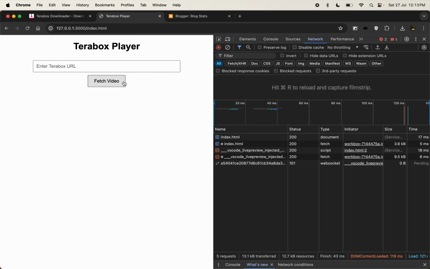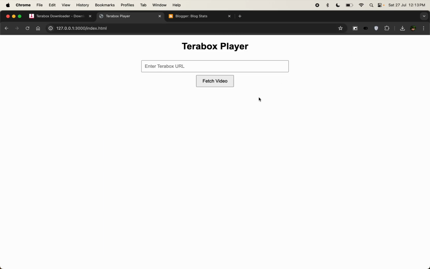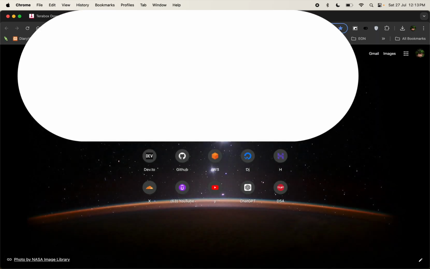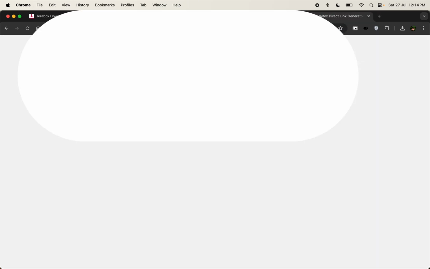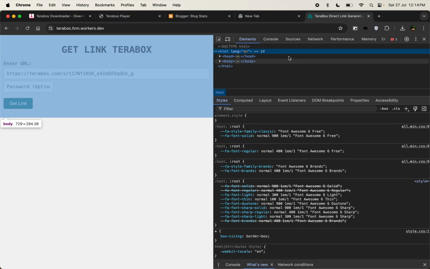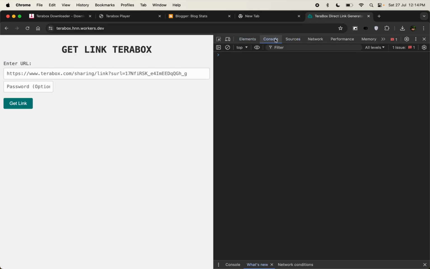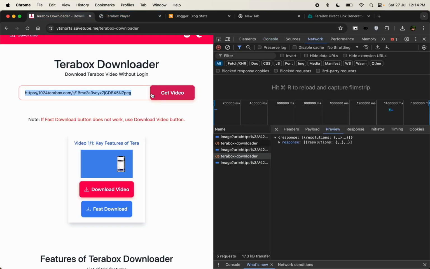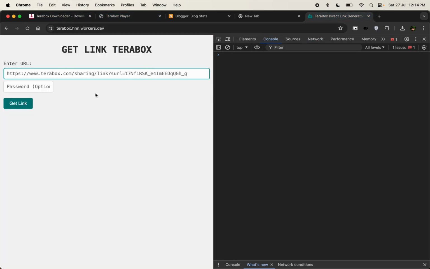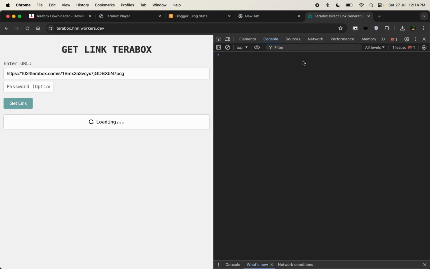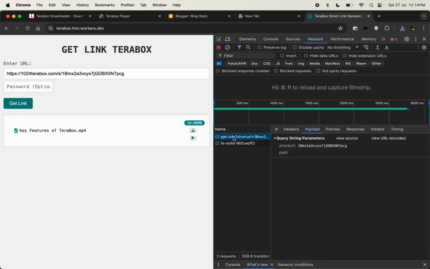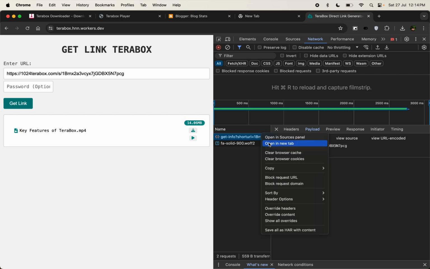Now we have to work on the video player, because the video is not playing, and the download links are working for now. For that we are going to use an API, and for that we are going to scrape this website also. And for scraping this website, you need a backend server, as I said, for scraping anything, because otherwise your access will be blocked. If I click on get link, it creates an info,